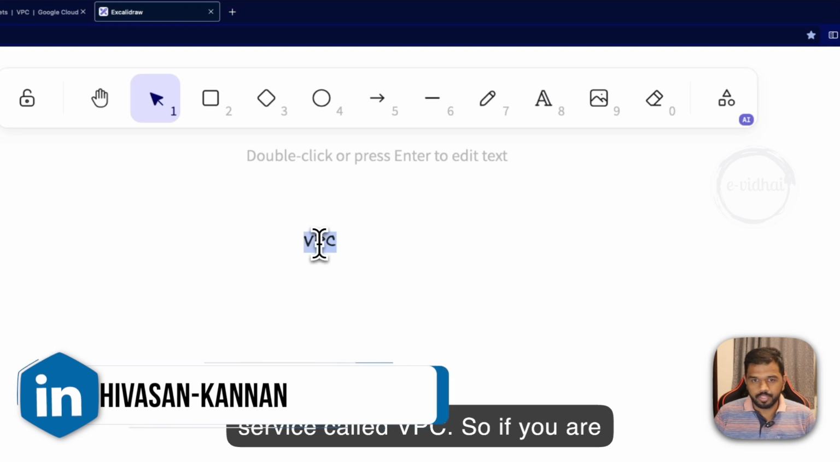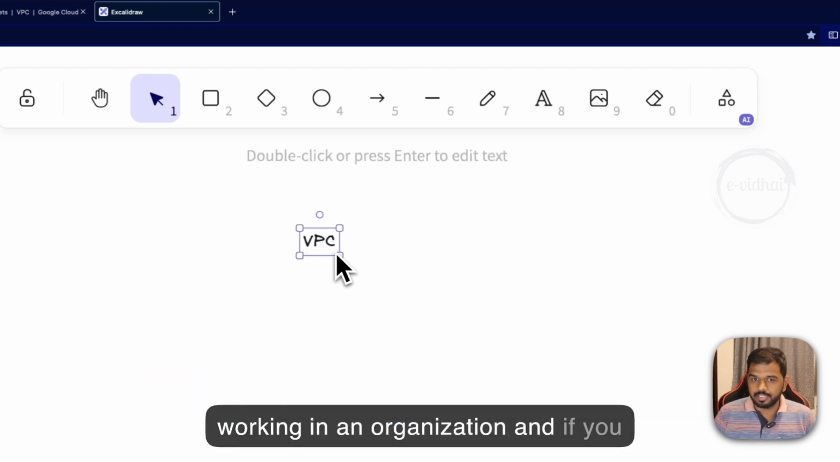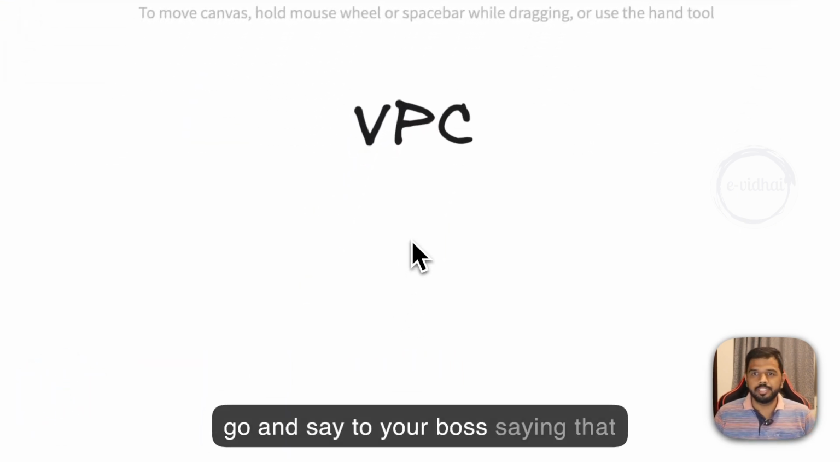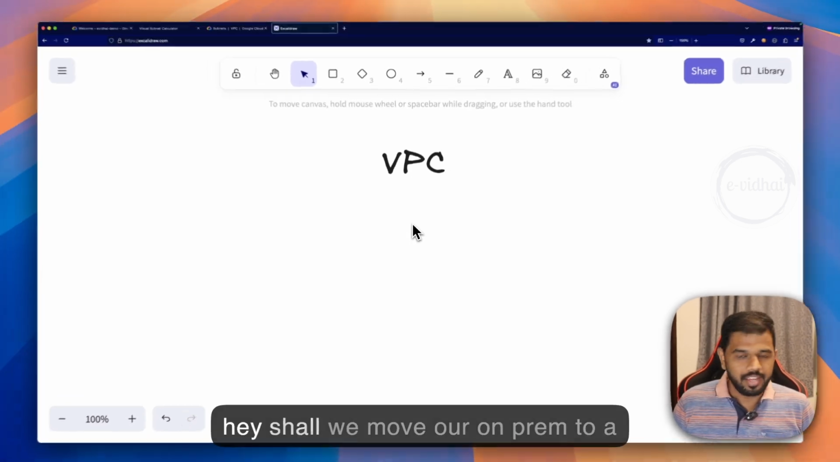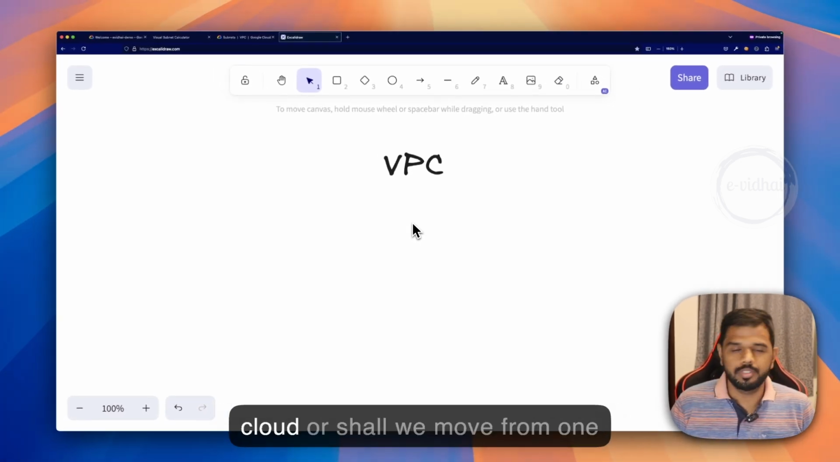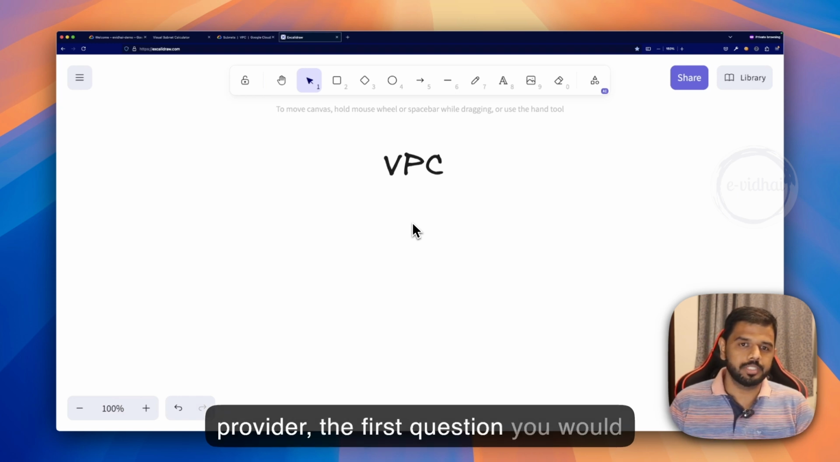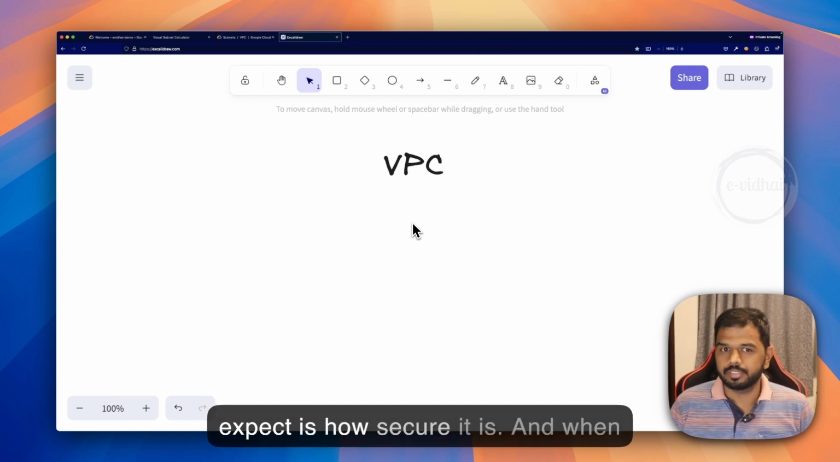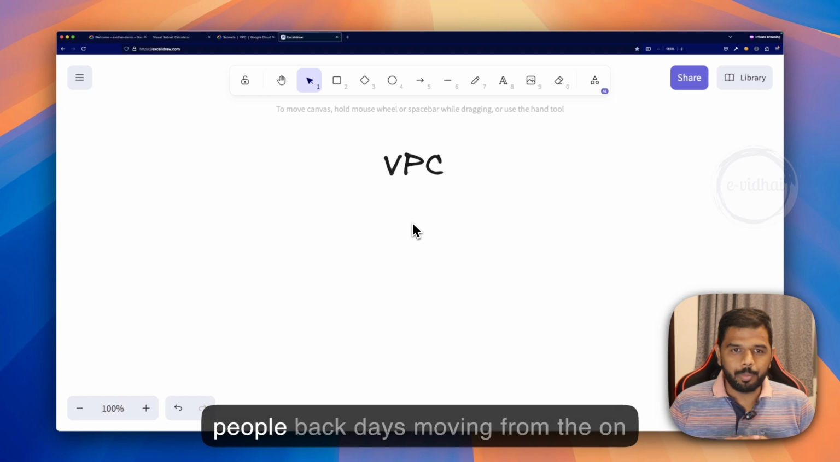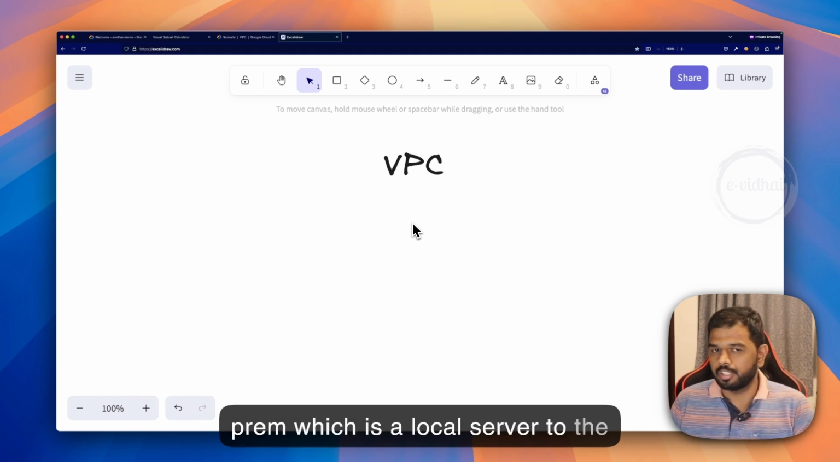So if you are working in an organization and you go and say to your boss, hey, shall we move our on-prem to a cloud, or shall we move from one cloud provider to another cloud provider, the first question you would expect is how secure it is. And these days, when people move from on-prem, which is a local server, to the cloud, that would be